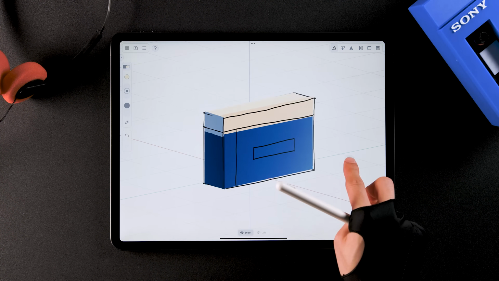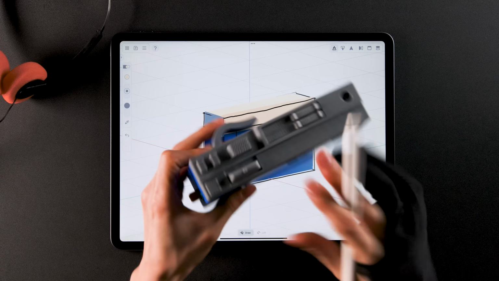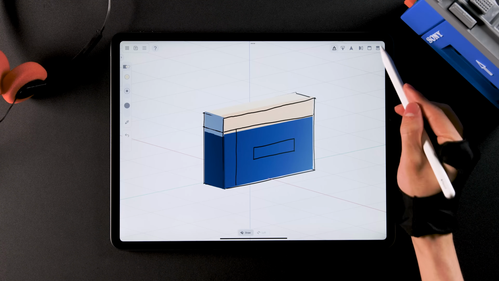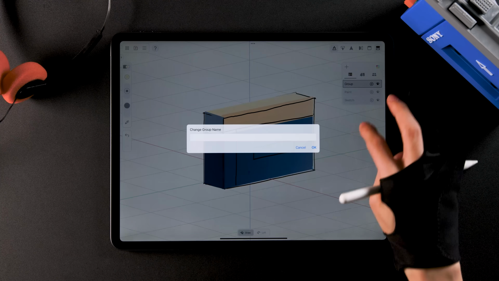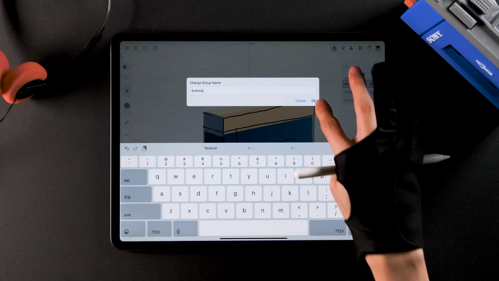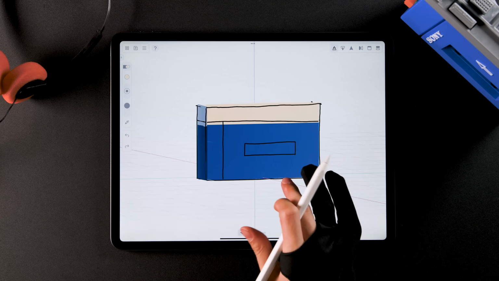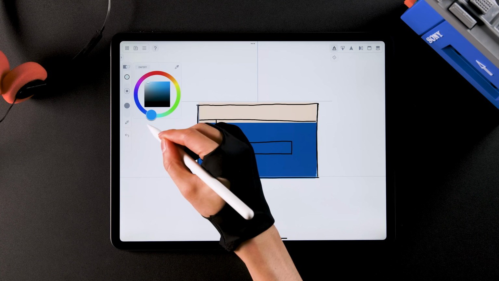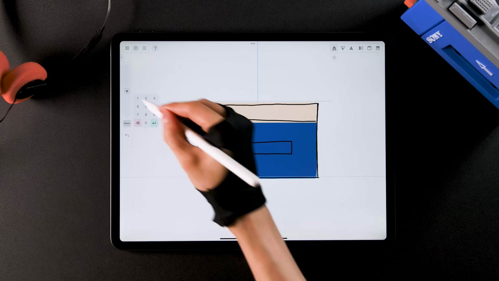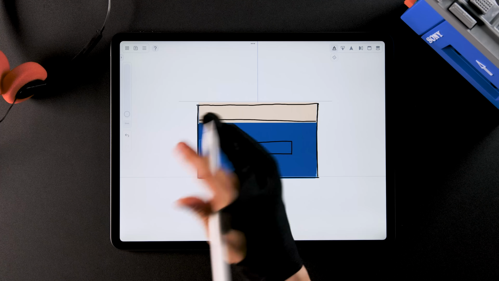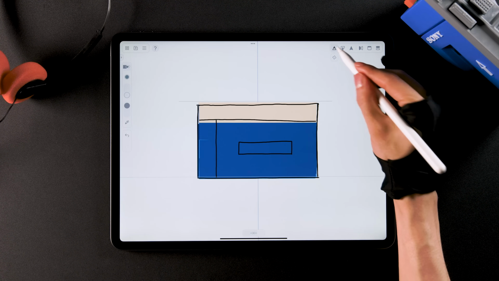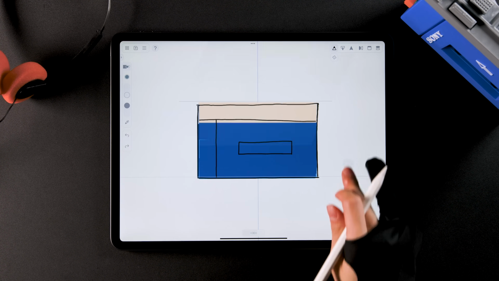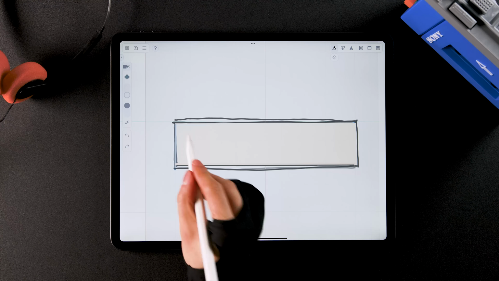Since we're done with the coloring, let's add some buttons next. Tap on the stage icon again and add a new group called Buttons. Draw a guide for the top side, change the color to a cool gray, and shrink the brush size to 5 this time. And don't forget to switch back the drawing mode. Make sure the tip of the pencil icon is filled in black.